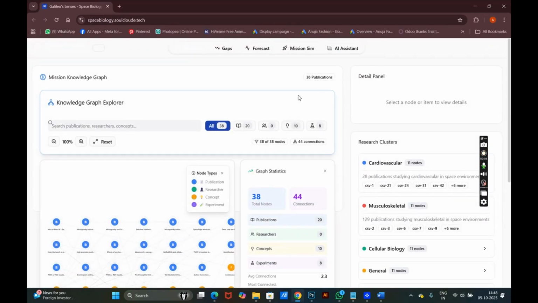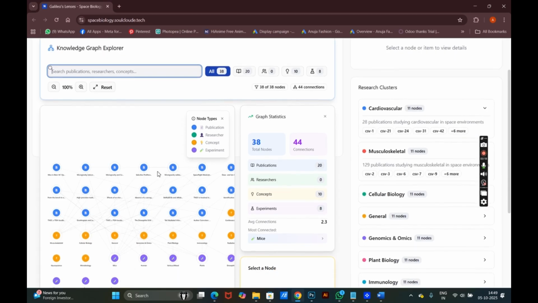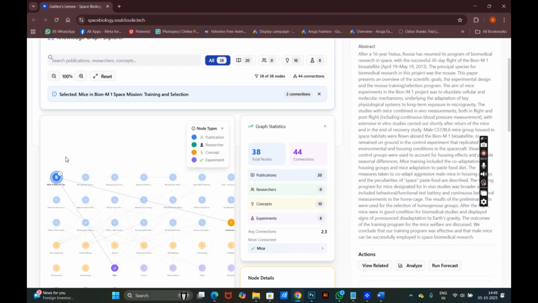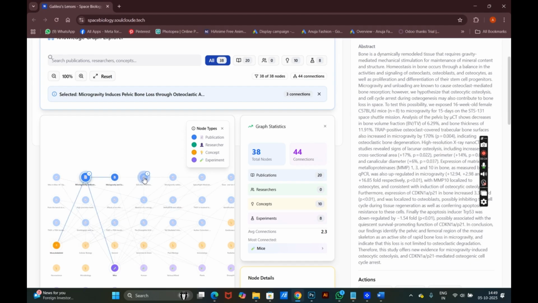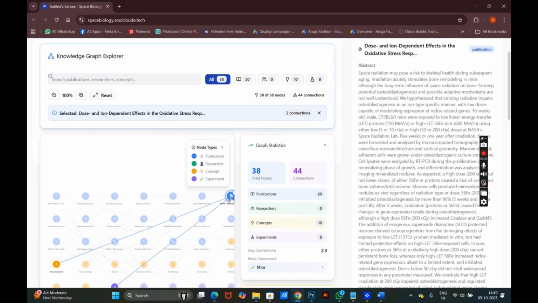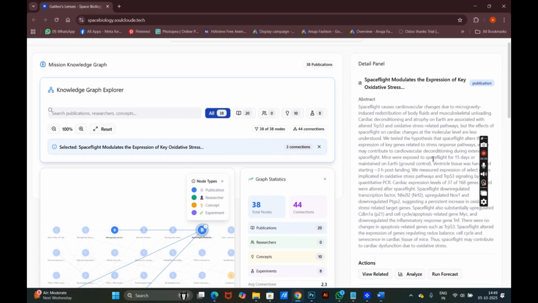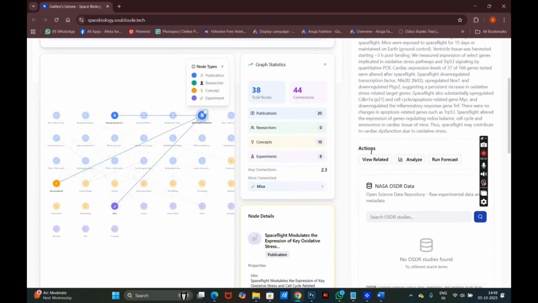The overview page. This is the page where you will get to access all the sources of space biology by NASA. Suppose I want to learn about mice, the AI will filter out the irrelevant topics to what I've chosen and will choose related topics. This is the knowledge graph actually. So I've chosen mice and I'll click on it and get to see all the related research papers done on it. If I want to study a particular research paper, I'll get a paragraph about it. It talks about the selected topic basically. This is the knowledge graph that we have created for this page.